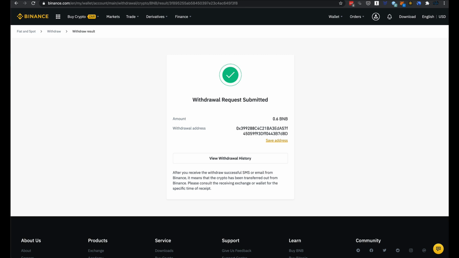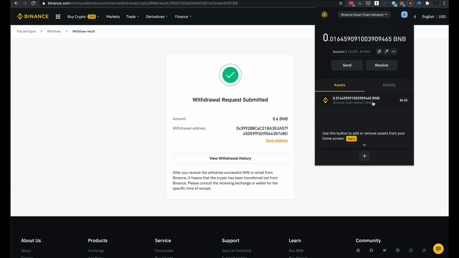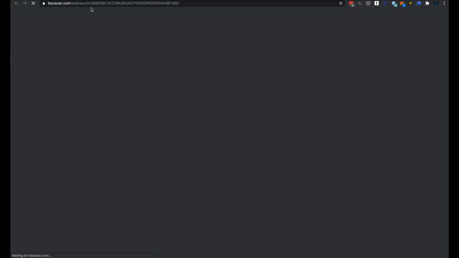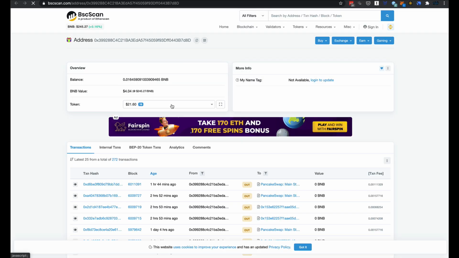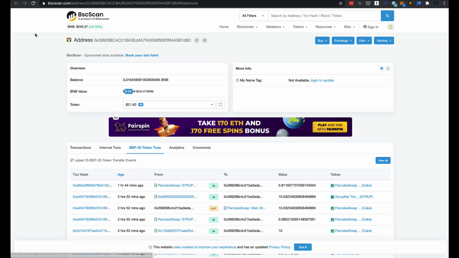Now, similarly to Ethereum, you can see this on BSCScan. There we go. So now we'll be able to see when that arrives there. And I mean, you can do a lot of transactions with $4 of BNB, but you need to have BNB to do any transaction. It will take a while, but